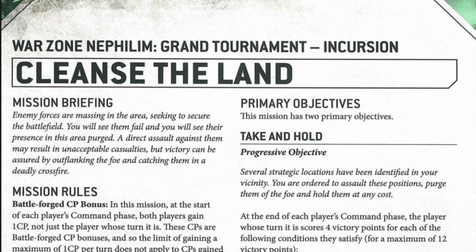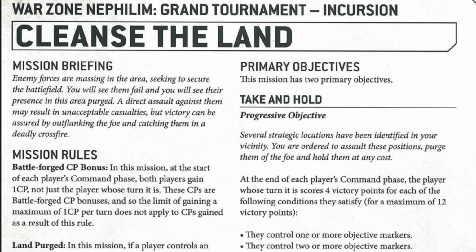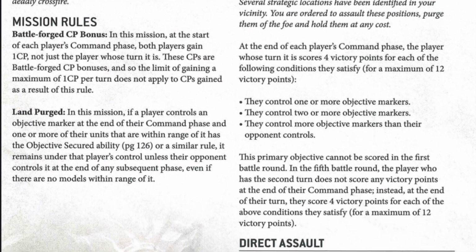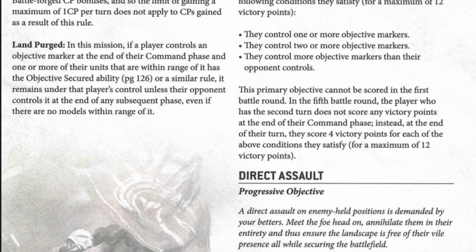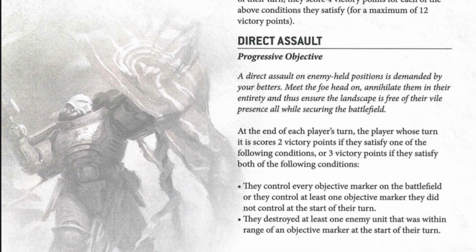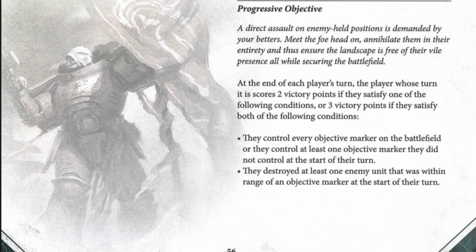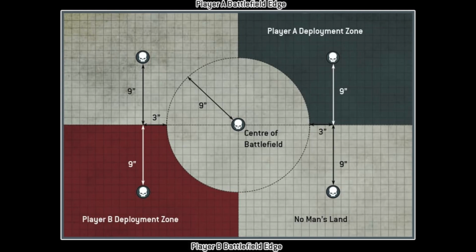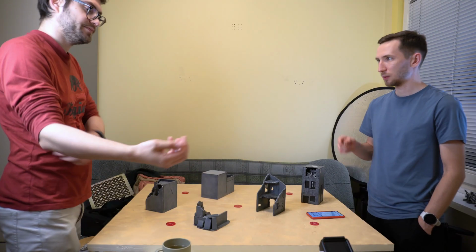Today we are playing the Cleanse the Land mission from Warzone Nephilim. The 2 primary objectives are Take and Hold and Direct Assault. For Leagues of Votann, Bernie has chosen 2 secondaries from their book, The Ancestors Are Watching and Lay Claim. The last one is a well-known Raise the Banners High. Dark Angels use also 2 unique objectives, Martial Interdiction and Stubborn Defiance, paired with Oaths of Moment from Adeptus Astartes secondaries. We roll off for